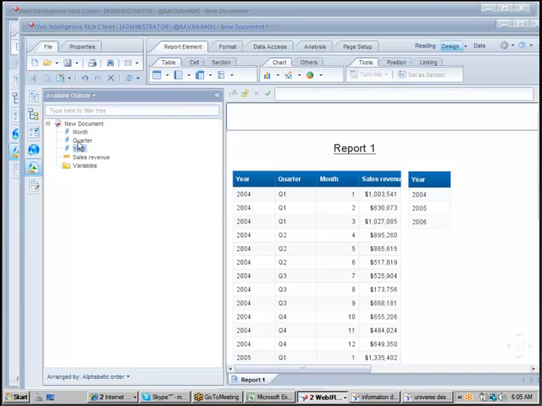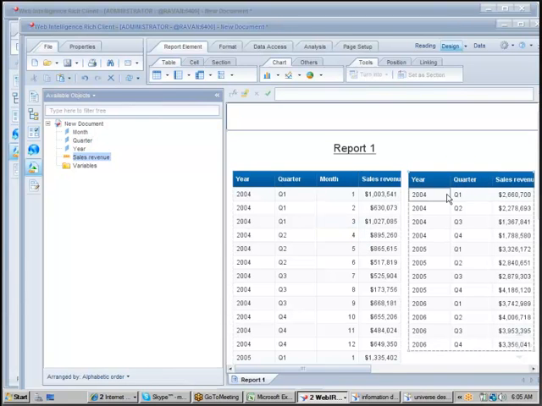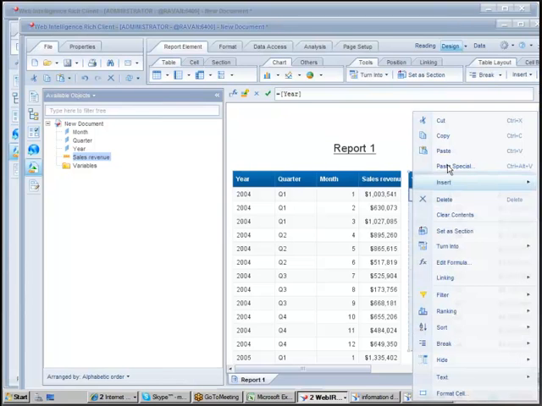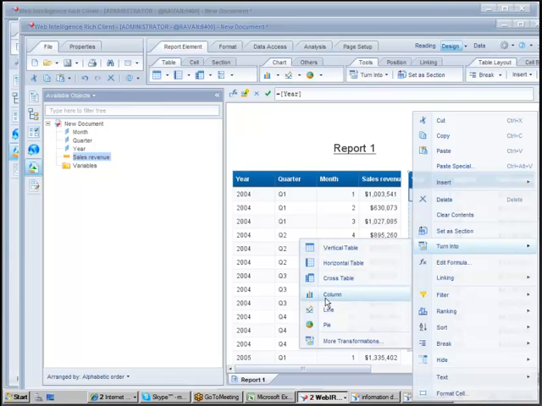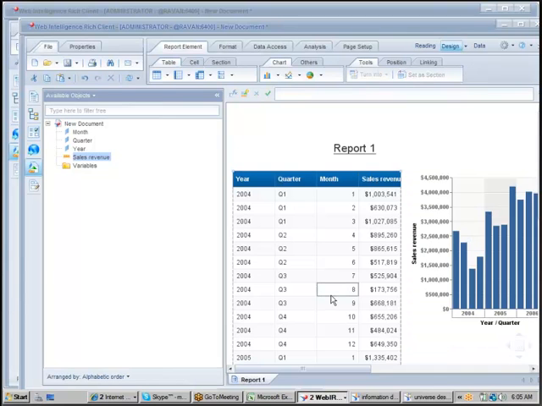Let me show one way to create. Second block: year, quarter, as well as sales revenue. You can just drag and drop. And if you want to convert this into a chart, just right click on this particular block, then click Turn Into, column chart. As per the second requirement, you need to create one more tab. If you want to create one more tab in the current version, you need to go to